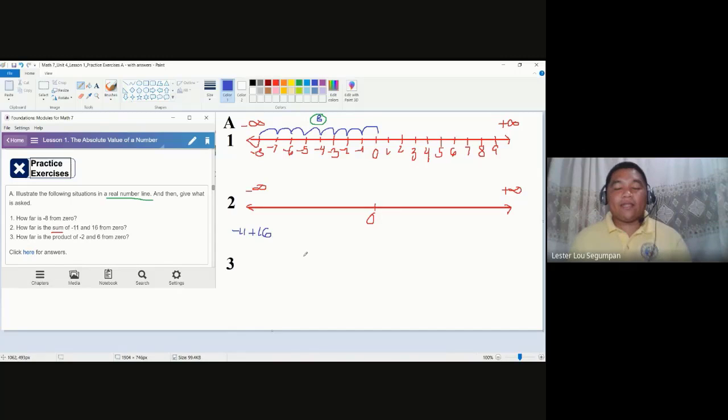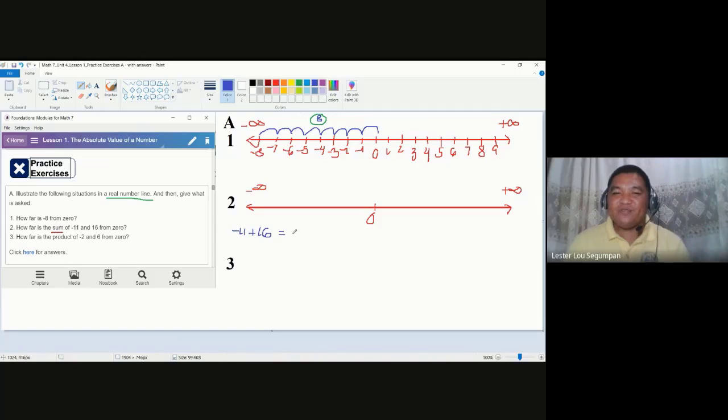And where that is actually the value where we need to look for the distance for. So negative 11 plus 16, you simply go to the concept of operations of integers. If you are still struggling with the concept of operations of integers, you can check the other videos concerned primarily on addition of integers. But here, the answer for this is not negative 27.